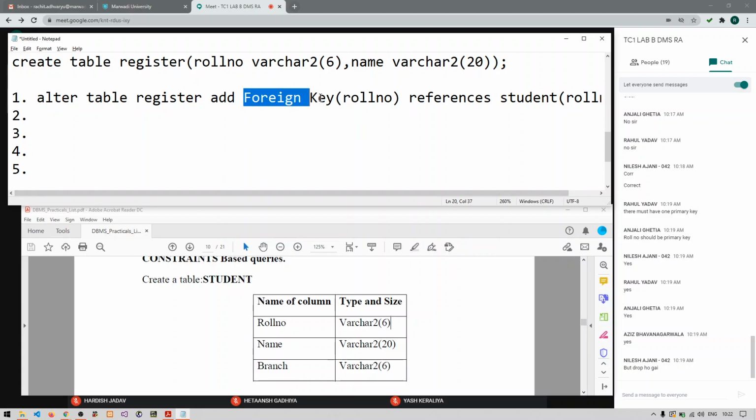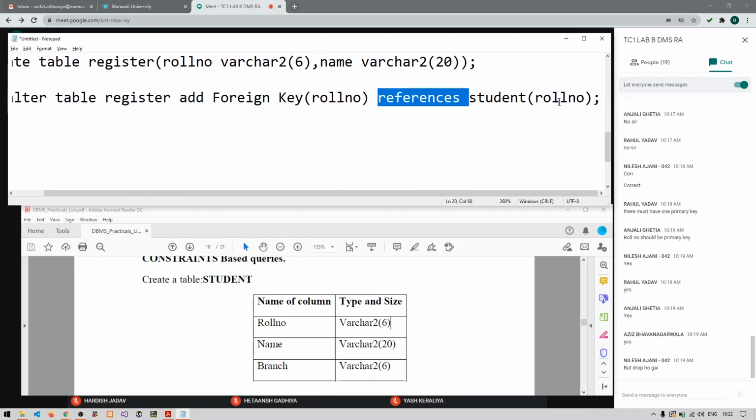So I am writing foreign key and of register table, I am saying that roll number column of this register table is going to refer someone. So I have written here roll number column. So foreign key roll number, and this roll number column of this register table is referring to the roll number column of student table.